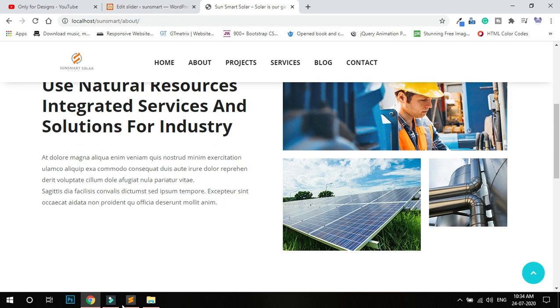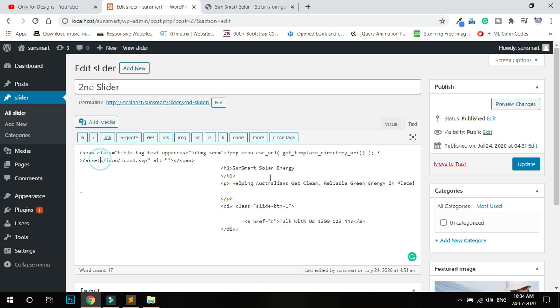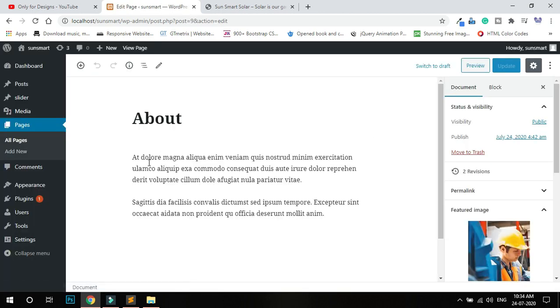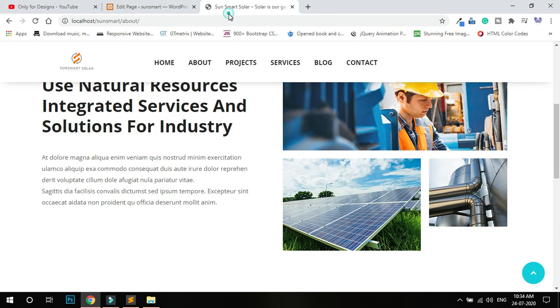Okay, if I change anything here, go to the about page. I think I just changed this one, 111, update. It's showing also on the about page, also the home page.